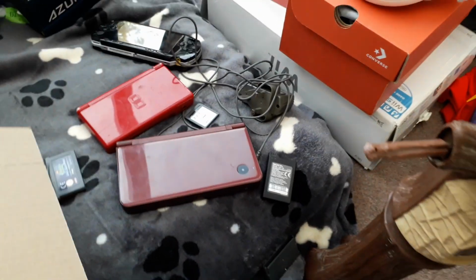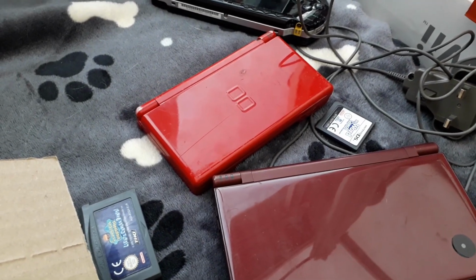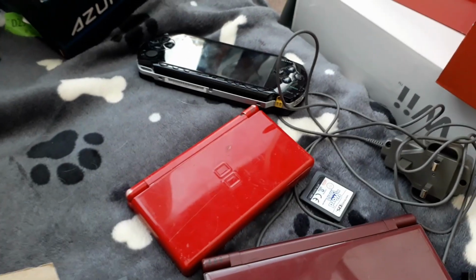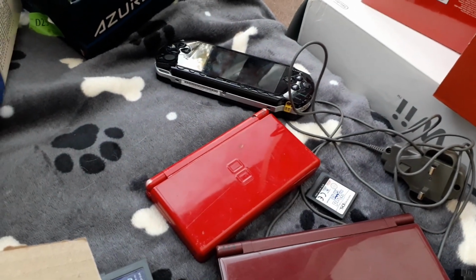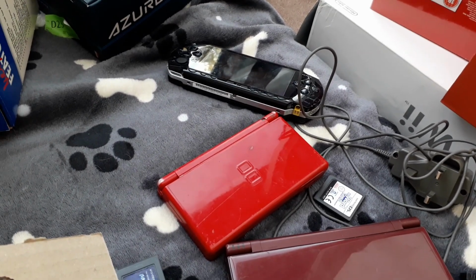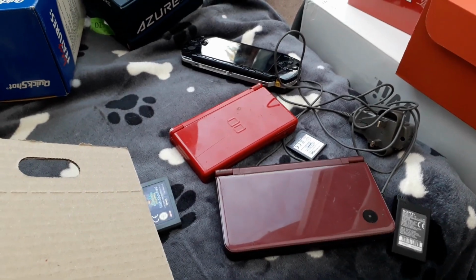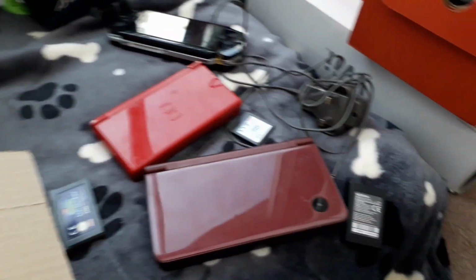Probably looking at 20 for that. If I sell that spares and repairs with that hinge, 15 maybe. For the PSP, I might get a battery. I think batteries on eBay are about 6-7 quid, and hopefully I would then sell it for like 35-40, so probably doubling my money on that. 10 quid for the charger. Also in that bundle,